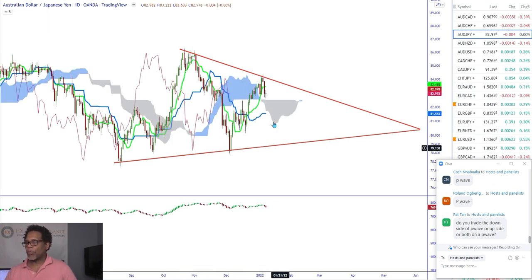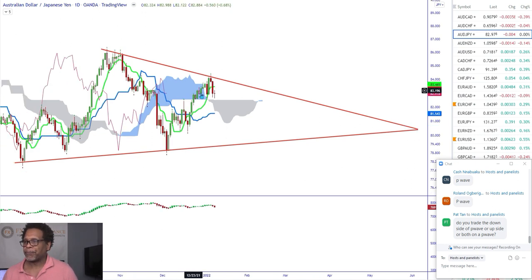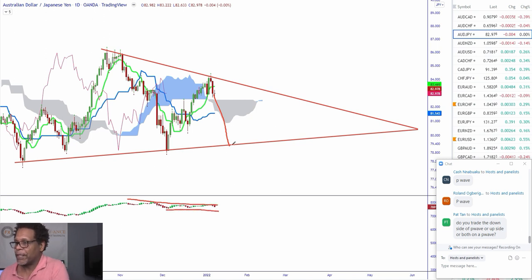So I don't like all the crossovers, and I do again see the big C clamp. So remember, we found a top right here, and we also had a thick cloud, and we got distance. See that distance? And so we get the drop off of the upper level. I don't really know where the market's going to right now. I don't know when we're going to break out of this formation, but here's what I think could happen. So we could go all the way back down here. We're kind of flattening out. So we could get to that level, but I don't know if we will. And then we could see the breakout of the P wave.